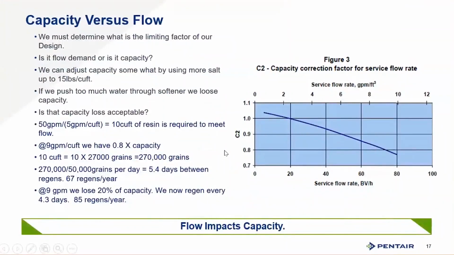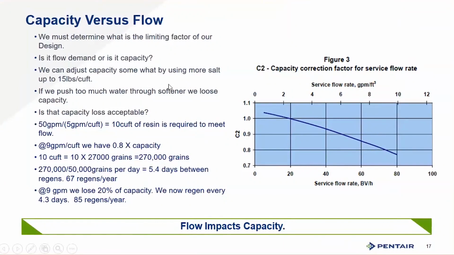So capacity versus flow. Here's that chart again. We must determine what the limiting factor of our design is. Is it flow demand or is it capacity? That's going to be determined by your customer's needs, wants, desires, and the water chemistry involved. You can adjust capacity somewhat by using more salt, but then operating the system becomes more expensive